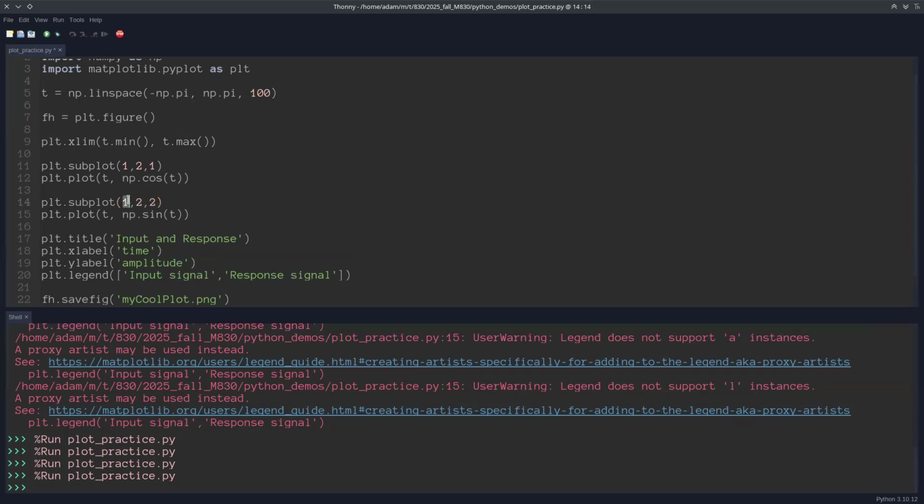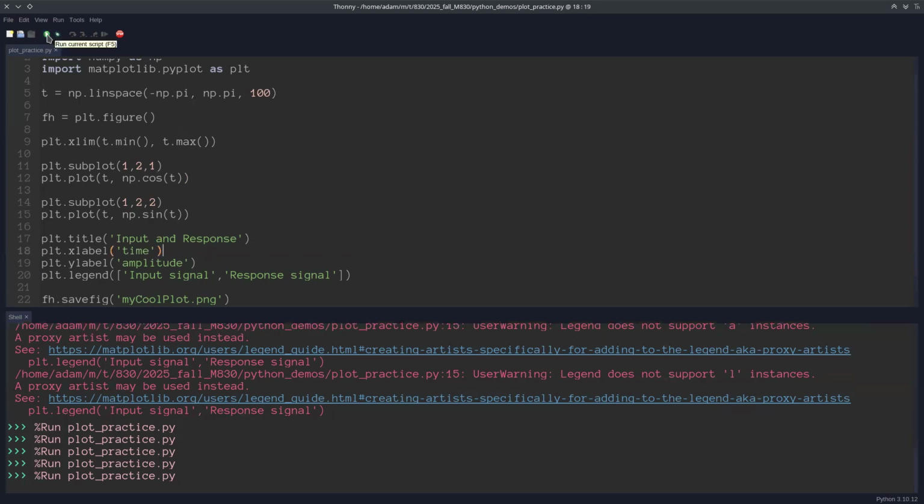So the first number tells me the number of rows for the subplots. This tells me the total number of columns. And then the last one is just indicating which plot number we're doing. In this case, I want X labels. Well, let's see how it looks right now. If we run this forward,